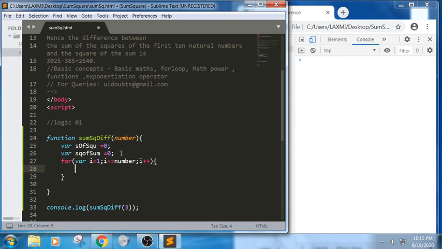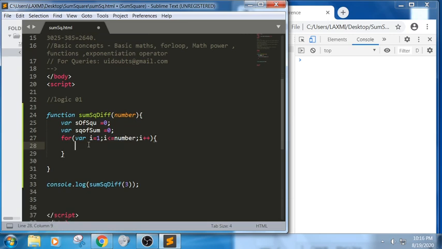You can understand these are the basic syntaxes where we iterate a for loop, and we have initialized 2 values: the first for sum of squares, and the next for square of sums.